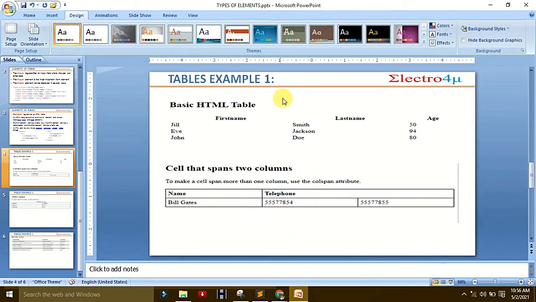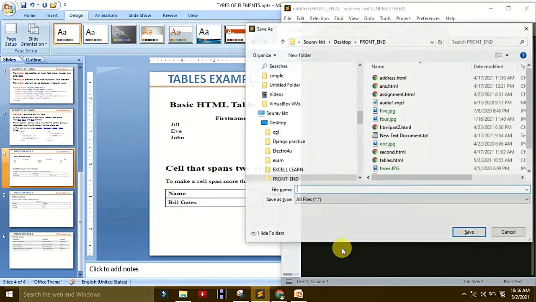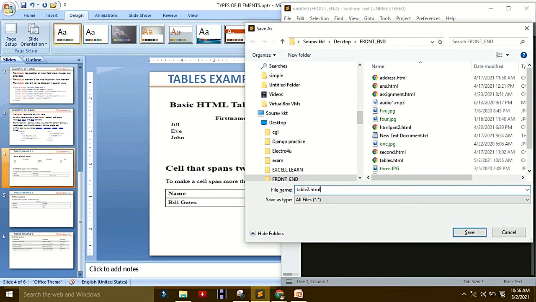This was the first example. Now I go to example 2: cell that spans 2 columns. So what is span? Control N, save it first as table HTML.